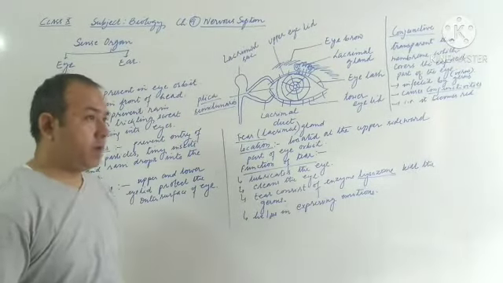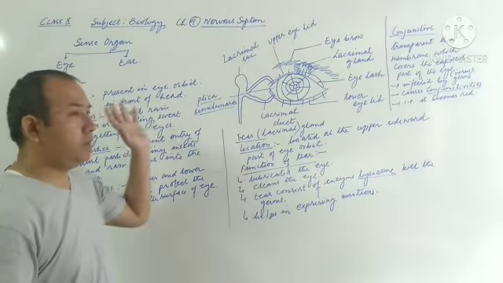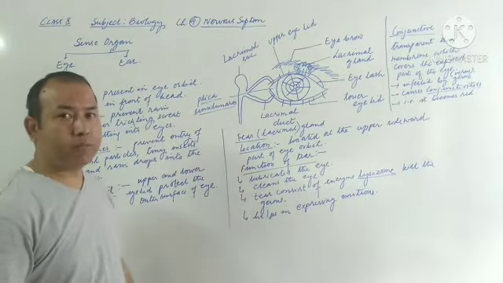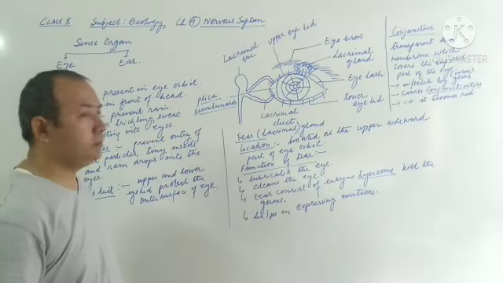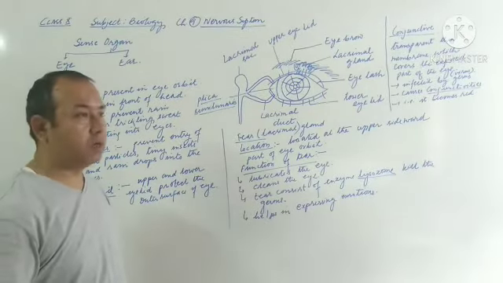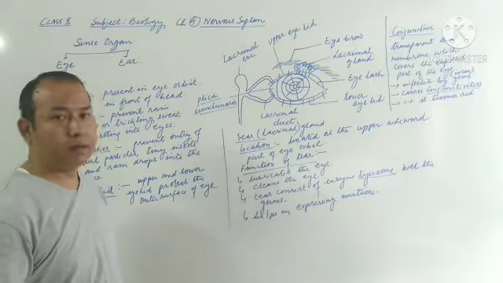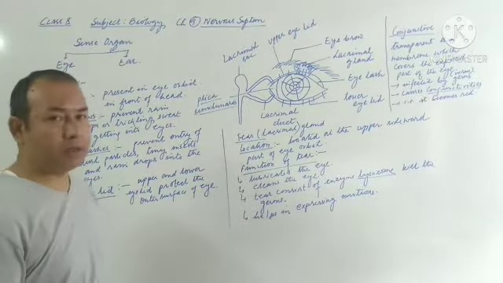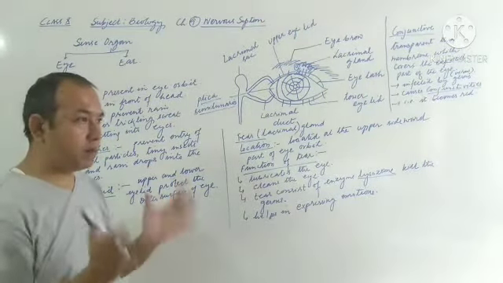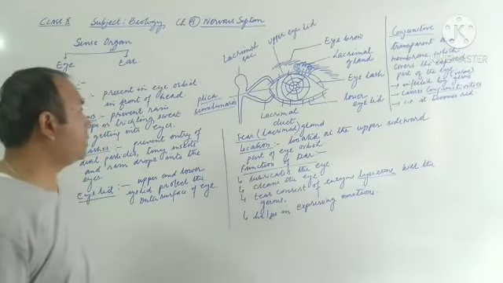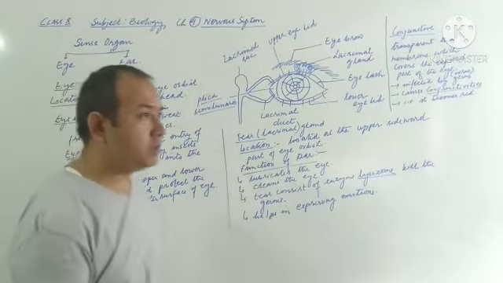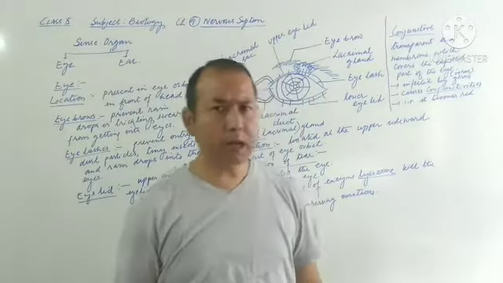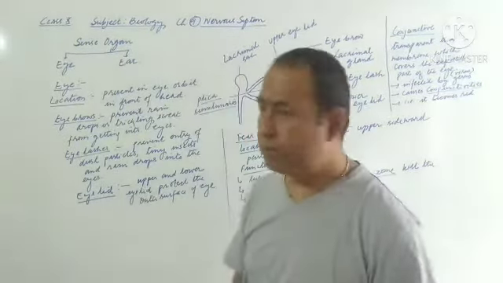Now see, before going into the eye, first we will try to understand the different structures that protect the eye, or the external part of the eye. Then we'll be learning about the internal structure of the eye. So in this video we'll just learn about the external part of the eye, or the location of the eye. So first comes the eye, which is one of the sense organs which helps us to see objects.